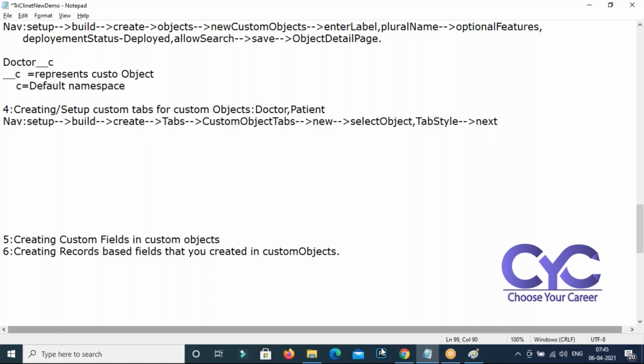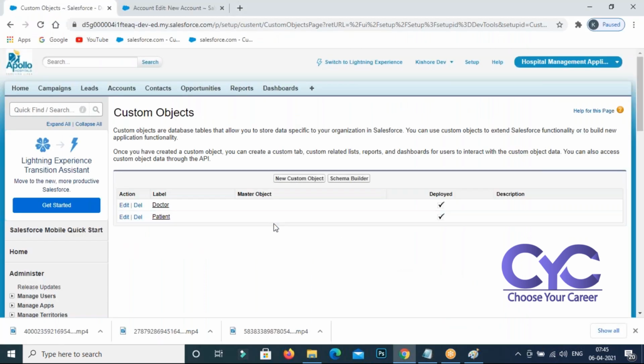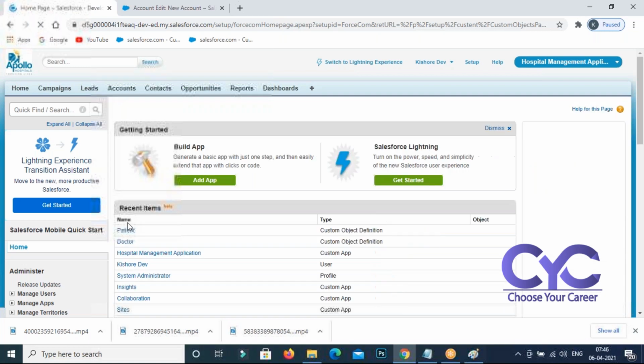We'll continue the navigation later. I'm trying to set up a tab for my object. These are the objects, and these tabs I should see in the tab panel. Keep that terminology in your mind: it's a tab panel. On this tab panel, I should see my tabs. The object is there in the Salesforce menu, and I'm trying to access this object on this tab as a tab. So for this object, I need to set up a tab.